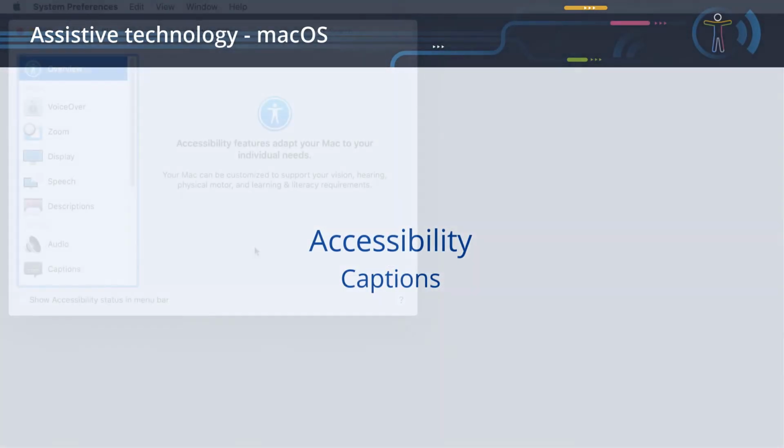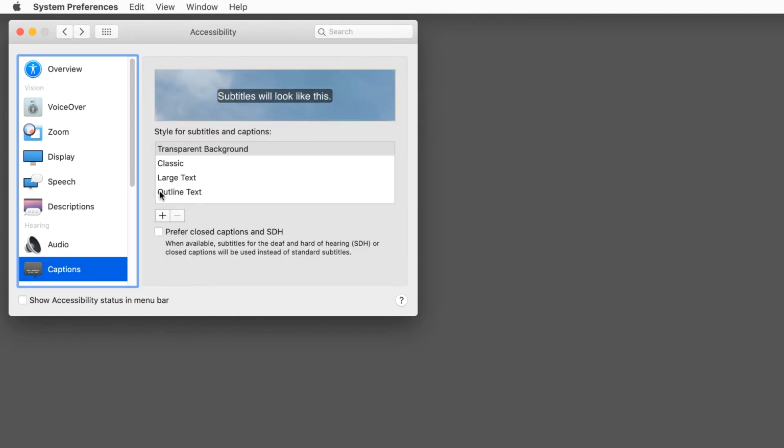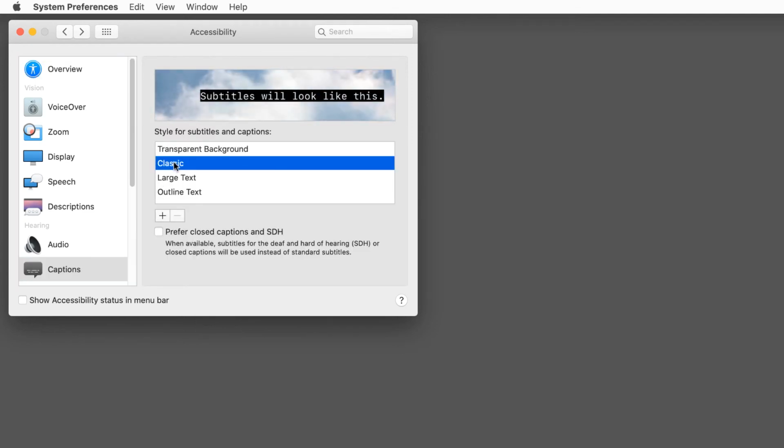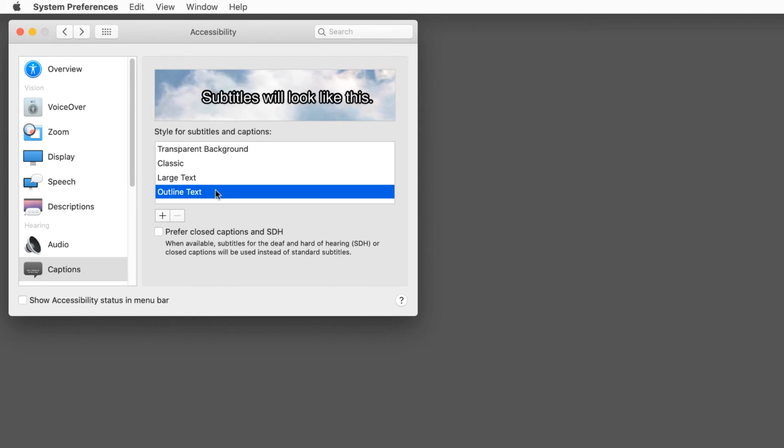Captions. The Accessibility Control Panel allows you to set several parameters related to captions. Captions let you read the words spoken in the audio portion of a video. You can customize different appearance parameters. Several predefined values are available from which you can choose.